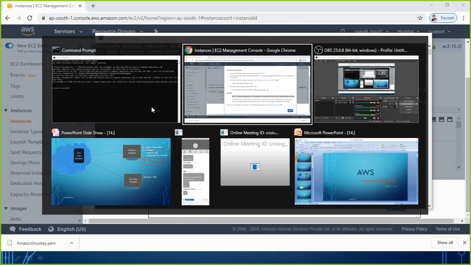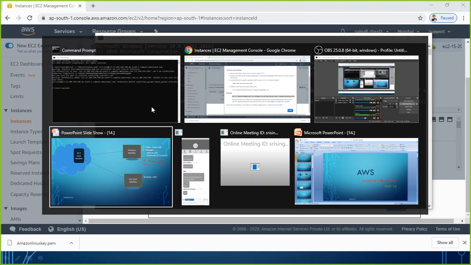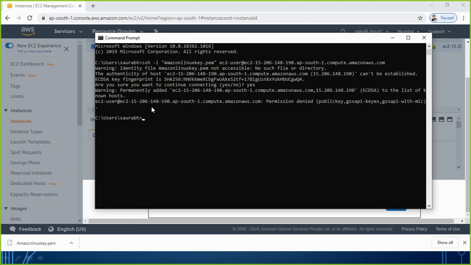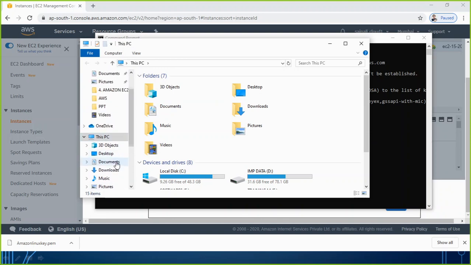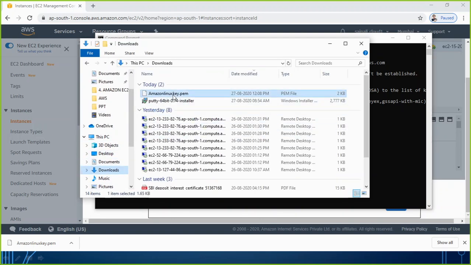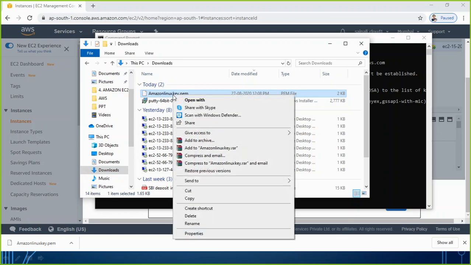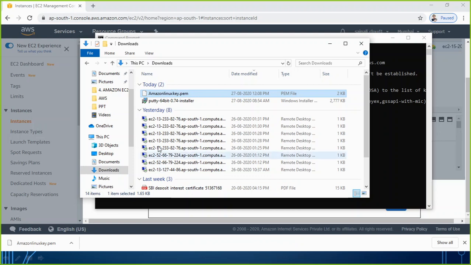So if you remember, I downloaded the key when I was making the instance key pair. It is in my download folder here. So what I'm going to do is cut this from here, or let me just copy it, because I need it once again for so many practicals today.